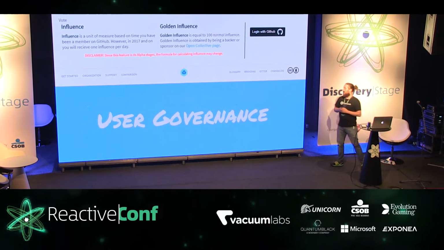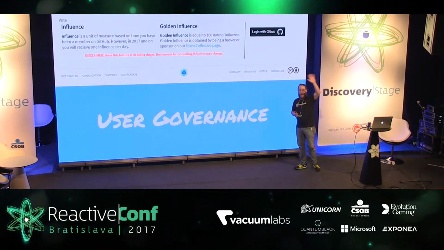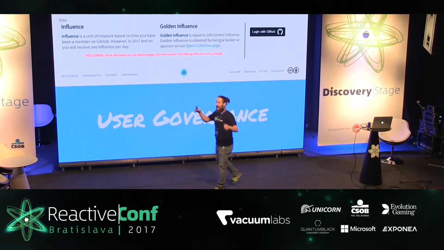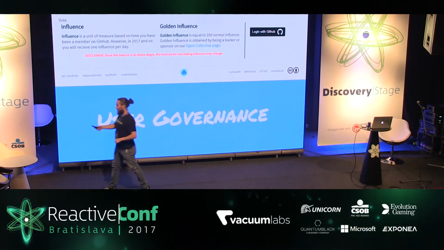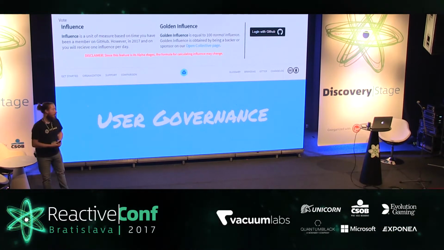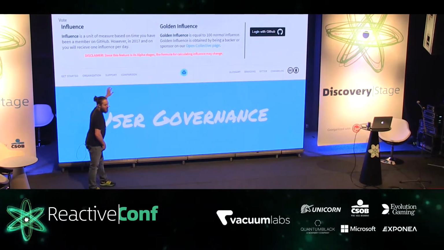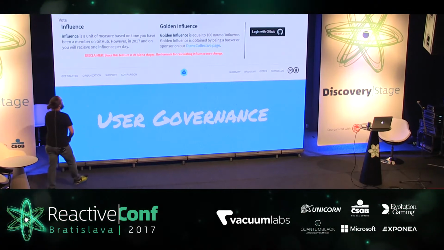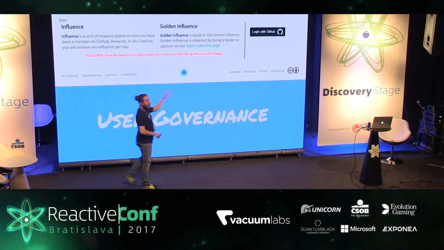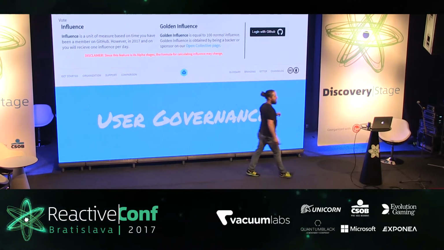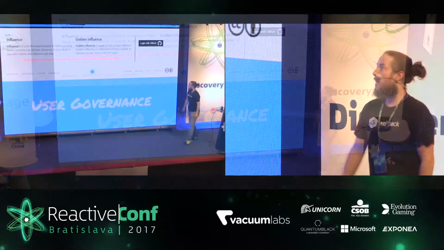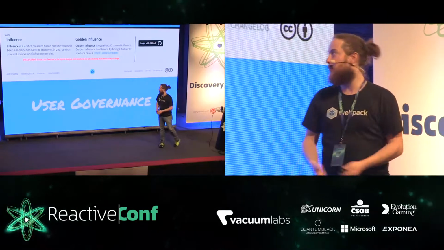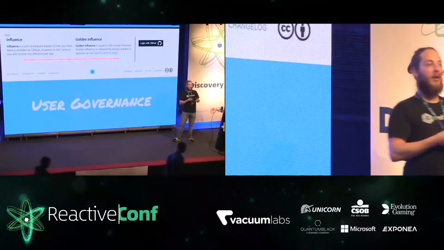And then user governance. Who here has voted on our Webpack vote page before? Yeah? Okay, so if you don't know about it, every single one of you can impact the direction of our project. You go to webpack.js.org/vote. And I think it was broken at the time because Open Collective switched their APIs. But we got that fixed, didn't we? Awesome. So please go on there. All you need is a GitHub. And every day as a GitHub user, you get 1 vote. Every day. If you're a sponsor or backer, you get golden influence, which is 100 times stronger.